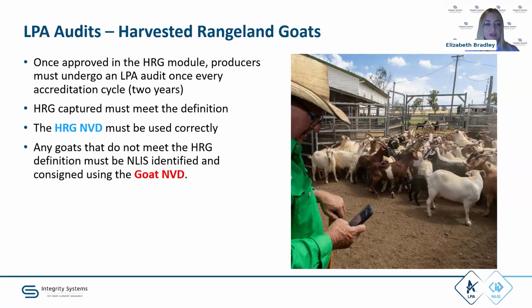So participation in this module requires state government approval as well. We manage that through the LPA process, and you have to have an audit every 2 years. So that's actually a higher level of scrutiny over the top of it to make sure we're doing